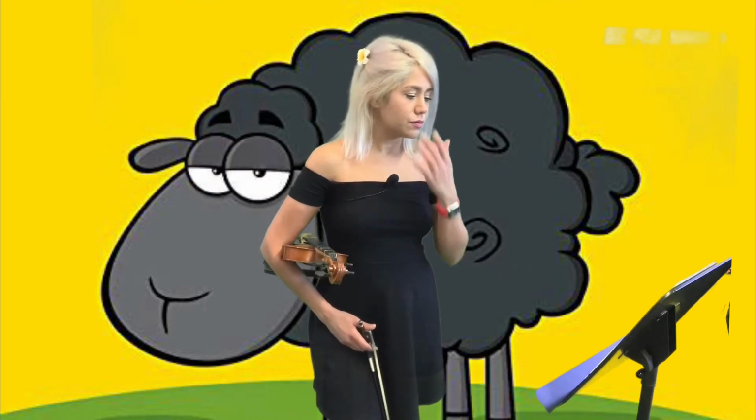I know it's gonna be boring at the beginning, but please clap and read the music before you want to play with the violin. Instead of saying da, because we have the letters and we have notes, we can tell their names. So in this song, we have a quarter note, an A, and a half note. As you remember,